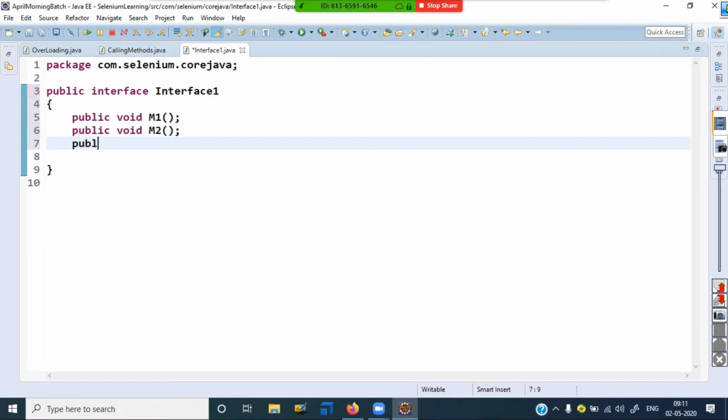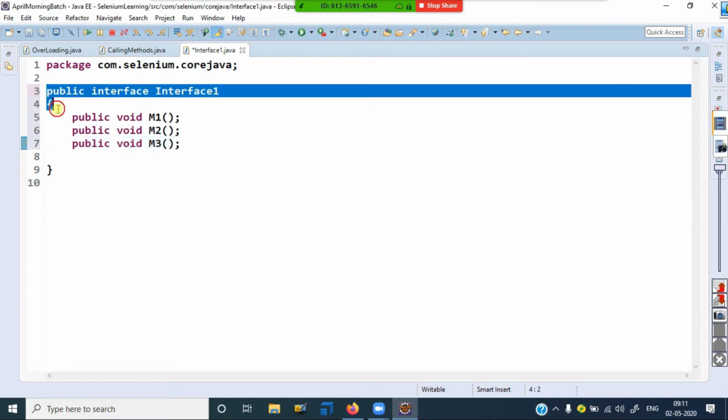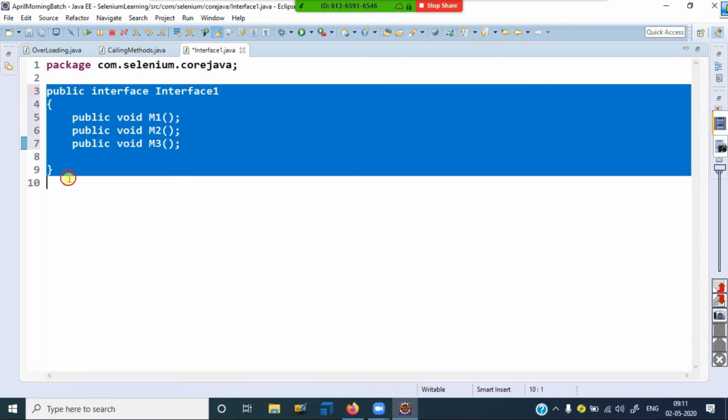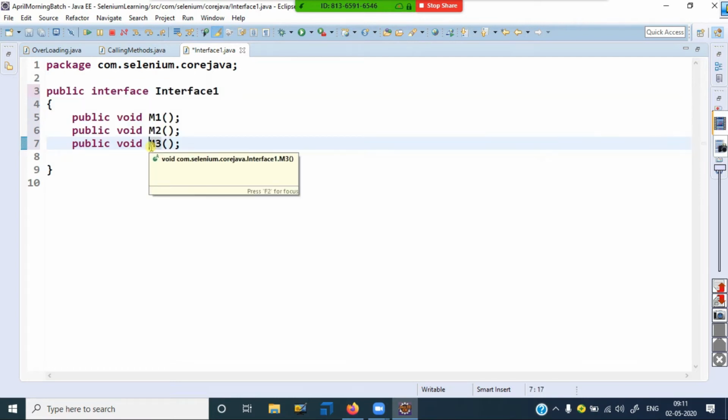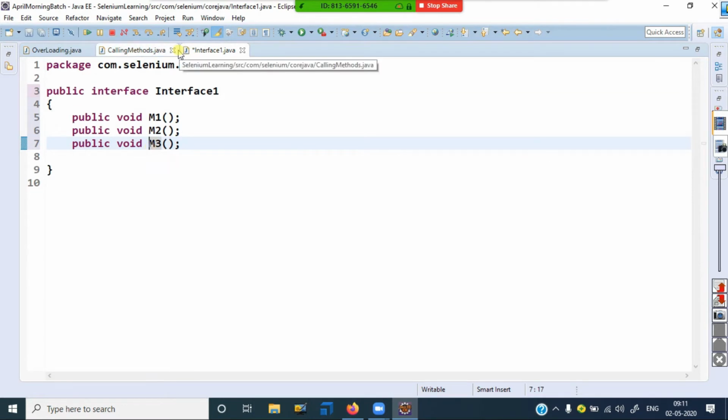Are you seeing? I have not written any logic here. This is the main point in an interface. We say no logic in the method, no body, only the method declaration. This is called an interface. This interface you can implement into different classes. Okay, so what are the different classes? Save it.